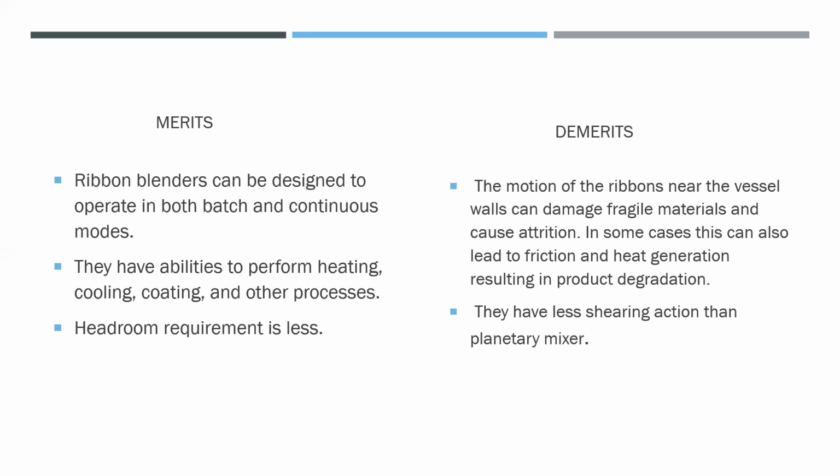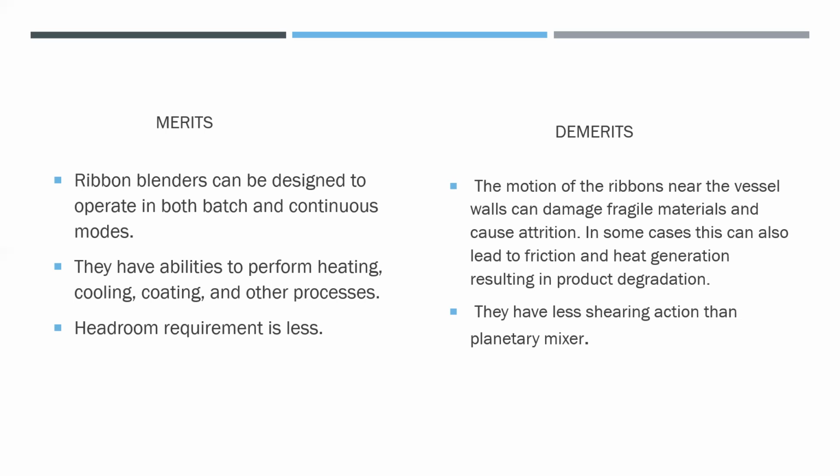Next point, demerits of this ribbon blender. The motion of the ribbons near the vessel can damage the fragile material, which causes attrition. In some cases, it can also lead to friction and heat generation, which results in product degradation. So,